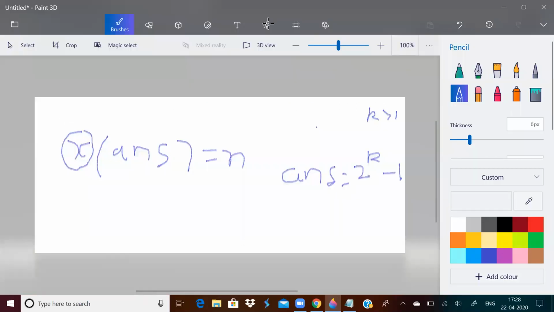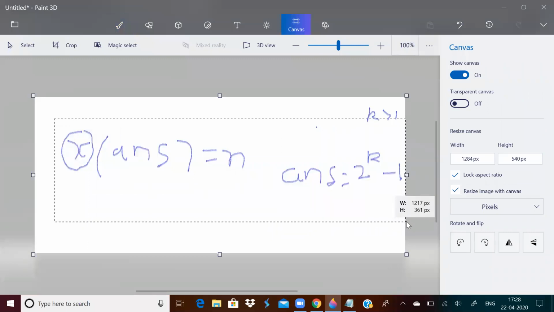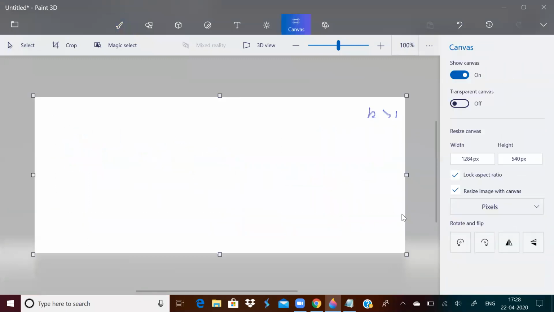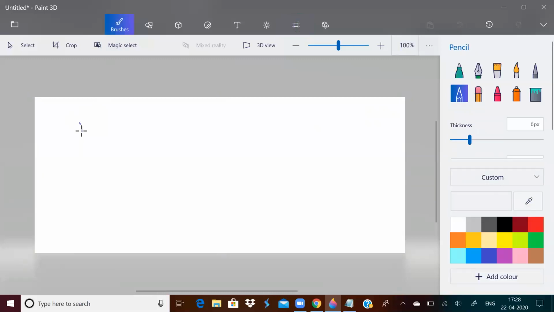If you look at it, it actually means that since n is always divisible by 2, let us take n by 2 mod 2.